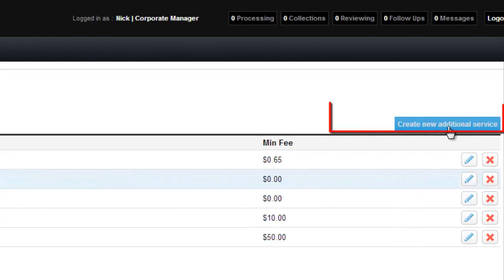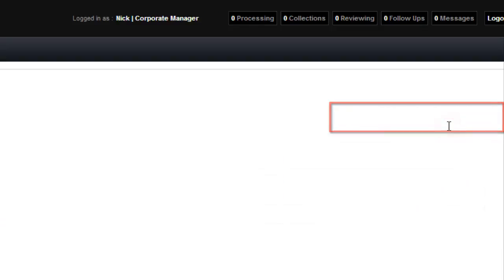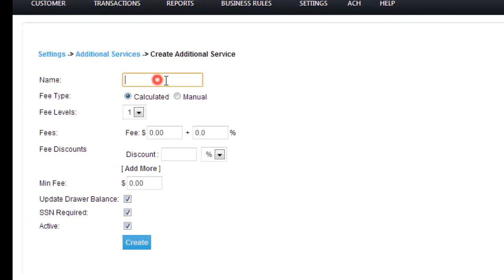And we're going to go ahead and create a new additional service. The name of this service we will say is new service. So you can name it however you would like. And notice the first thing under the name of the service is the fee type. If you click on calculated fee type, the software will pre-calculate a fee plus a percentage of the amount of